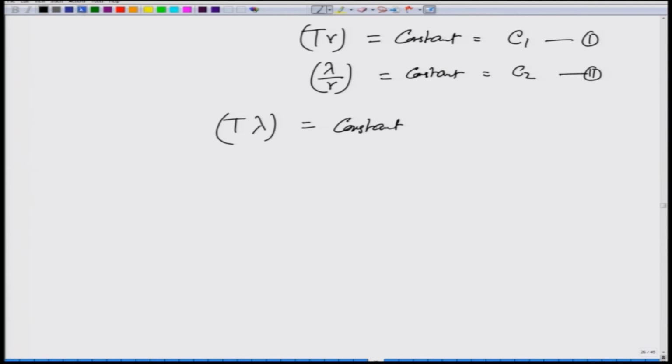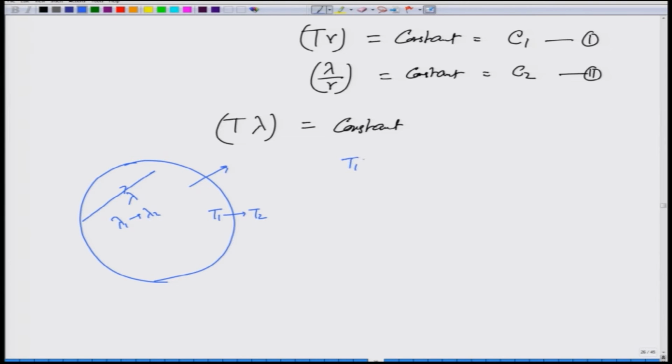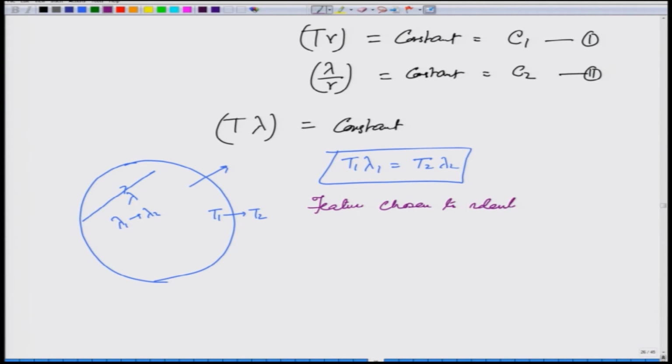What does this mean? This means in this cavity, as it expands, the radiation remains at equilibrium. It goes from T1 to T2. If I look at a particular wavelength and keep following it, this lambda changes from lambda 1 to lambda 2. It will be such that T1 lambda 1 is equal to T2 lambda 2. This lambda has to correspond to a certain feature of the radiation. So, the feature we choose to identify lambda is lambda max,